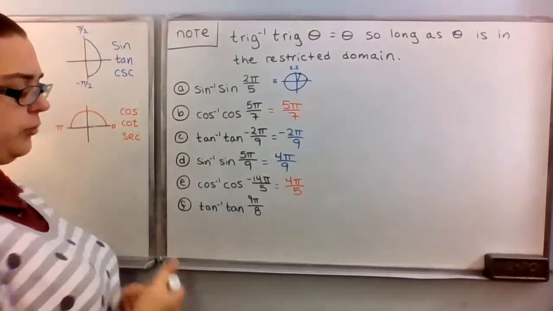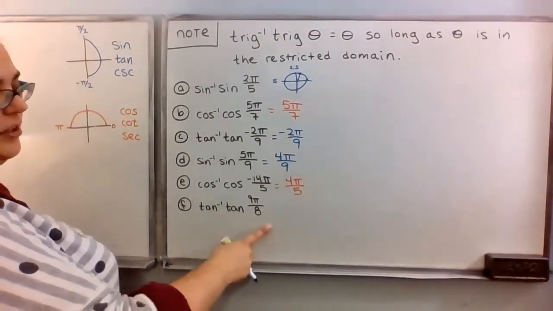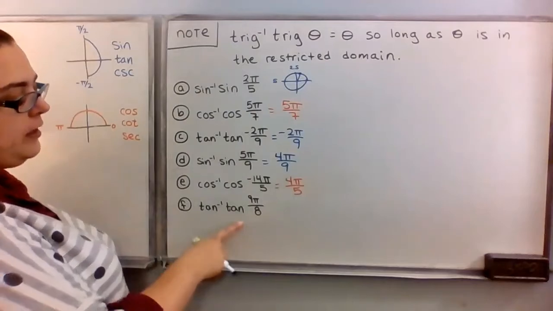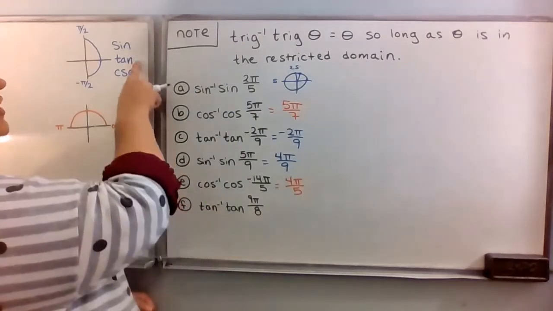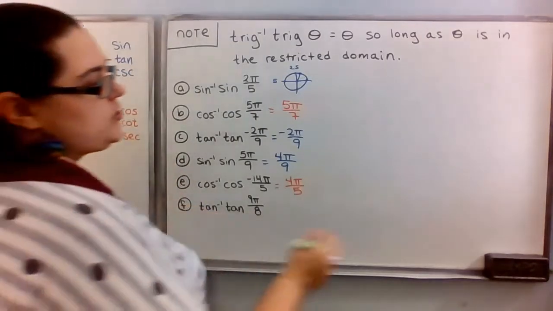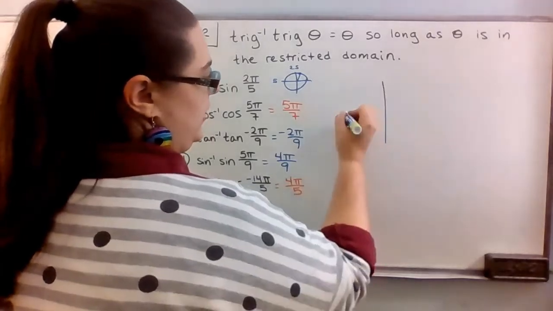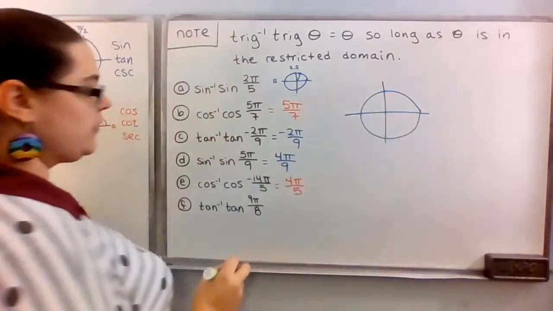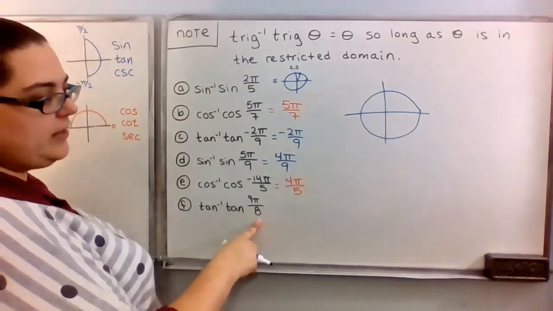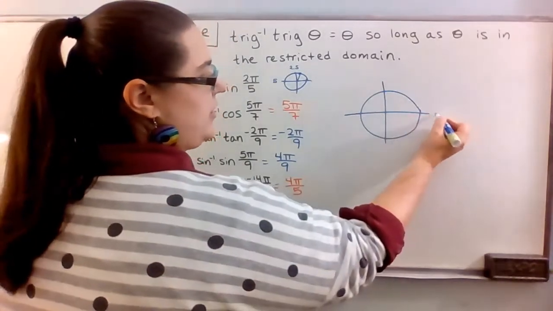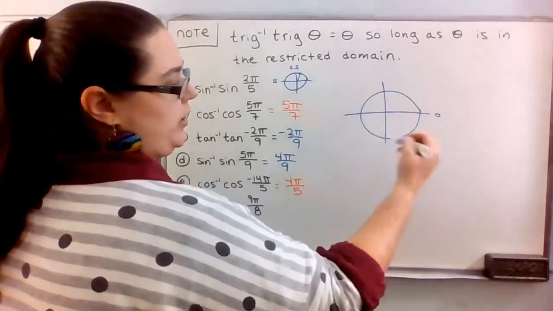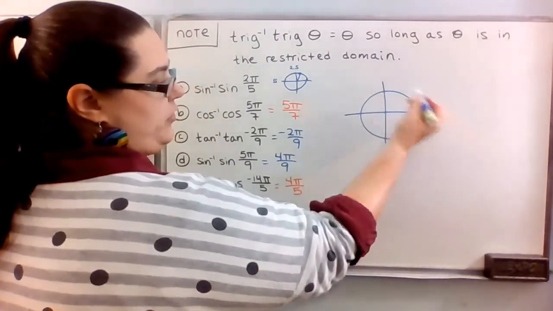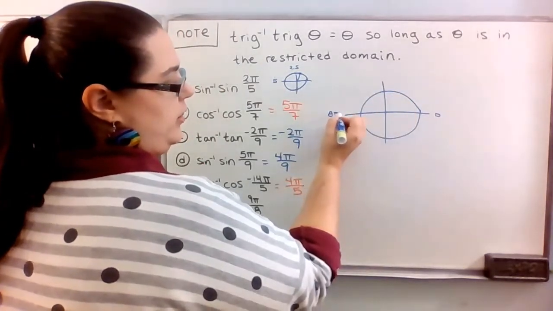So we have inverse tangent of 9 pi over 8. Since we have tangent, tangent lands us in the east. So I'm going to be interested in landing this angle somewhere in the east. Because the denominator is 8, I'm going to split this up into 8s, and we're positive, so we're going to go counterclockwise. So here's 0 pi over 8, 8 pi over 8,